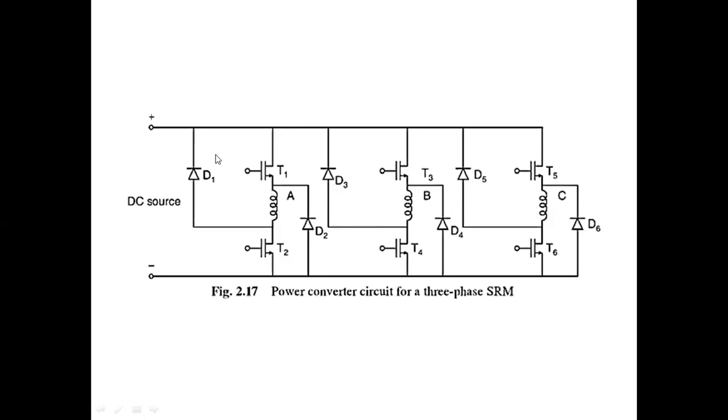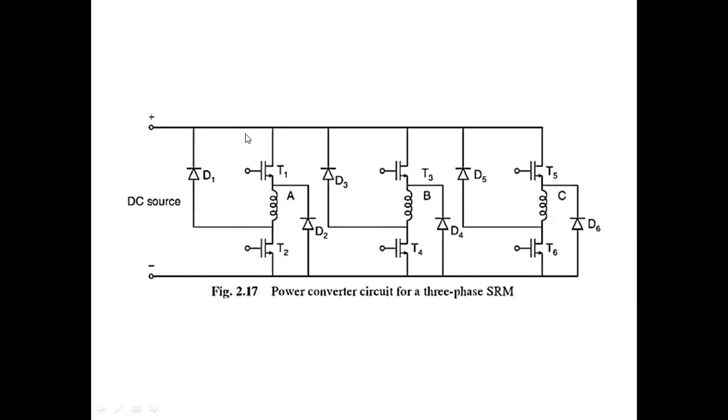These are the placements of the static switches and diodes of coil A or phase A. Coil B and coil C are the same as coil A. These switches are connected in the same manner, using the diodes and also the thyristor switches. Here, whenever the supply is given, we are using a DC source. What should happen whenever the supply is given?